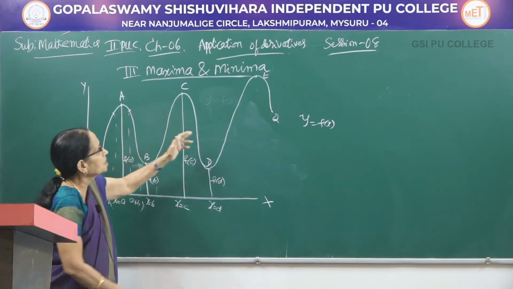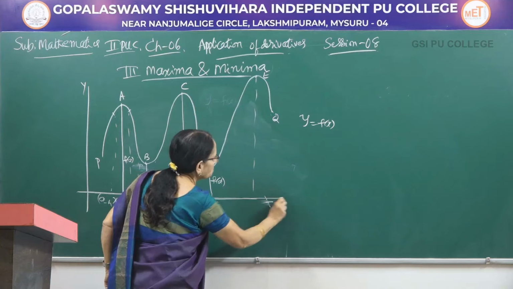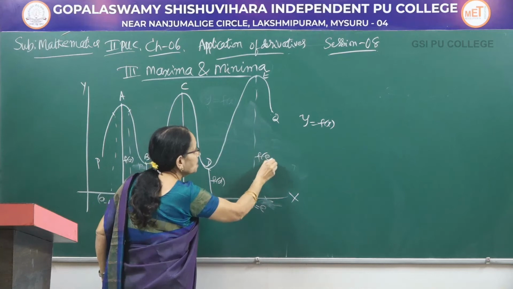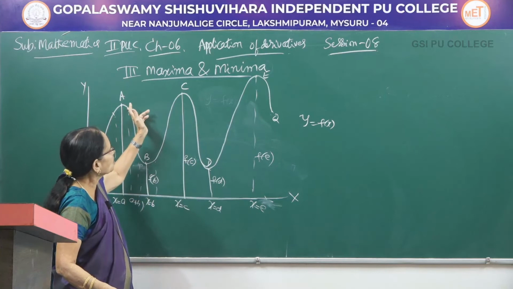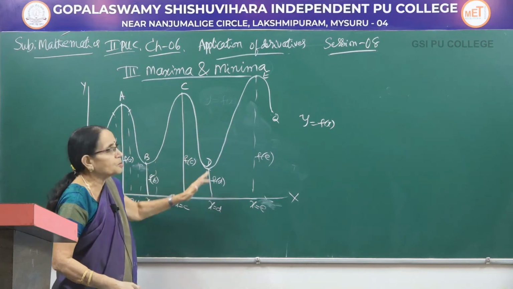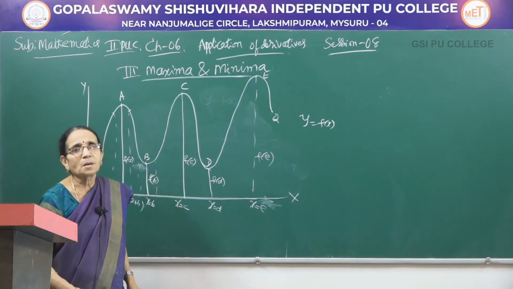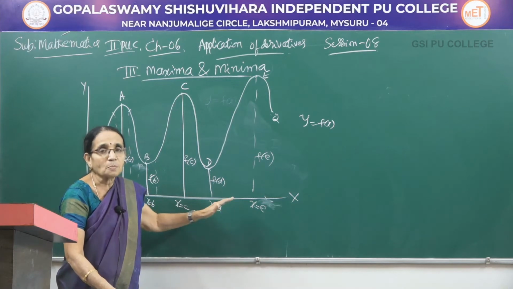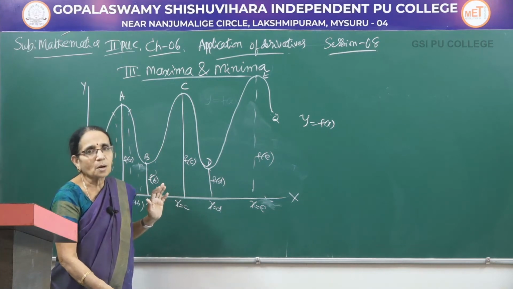So at a, c as well as e, we observe that here also, suppose you draw the perpendicular like this, then it would be x equal to e. Suppose I am taking the value, this f(e) is having a maximum. This is the maximum value. So this is one local maximum value, second local maximum value, third local maximum value. At these points b and d, the function is attaining a minimum value. We call them the local minimum values. These points x equal to a, x equal to c, x equal to e, they are points of local maxima. And x equal to b, x equal to d, they are points of local minima.